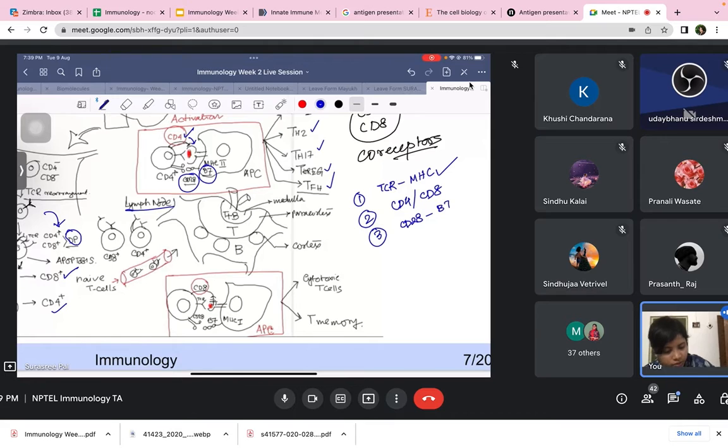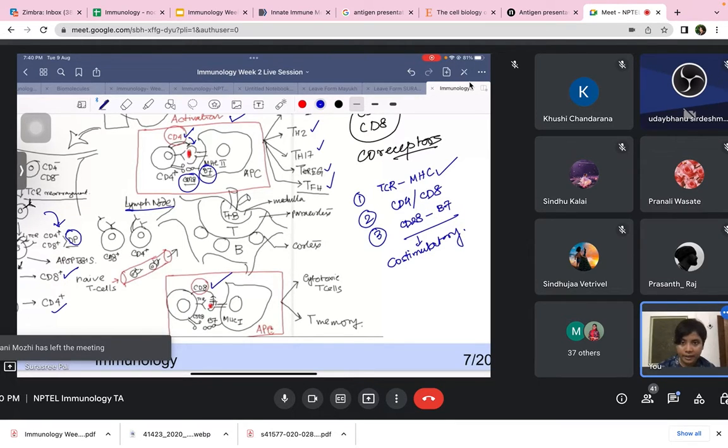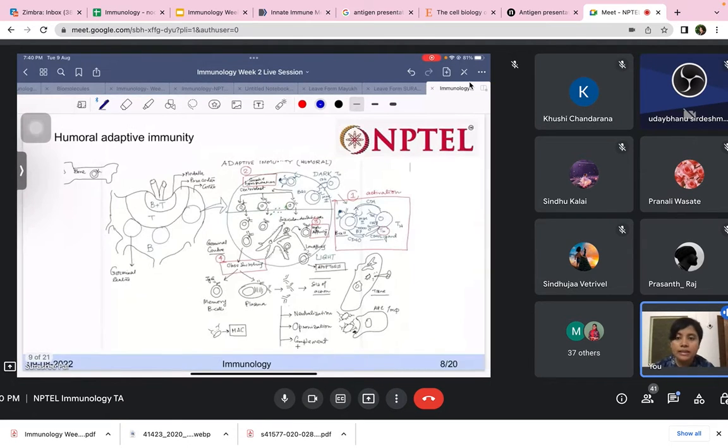CD28 B7 interactions. This is co-stimulatory interaction, which actually strengthens this interaction, and due to this whole cascade of interactions, the activation of the CD4 plus or CD8 plus cells takes place, and then they generate several memory T cells or effector T cells, right? Now the effector T cells are the T cells which will perform some function. What are these functions? We will also see, but before that, let's brush up on the humoral part of